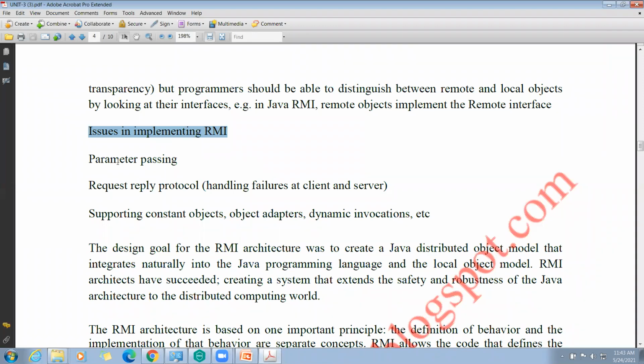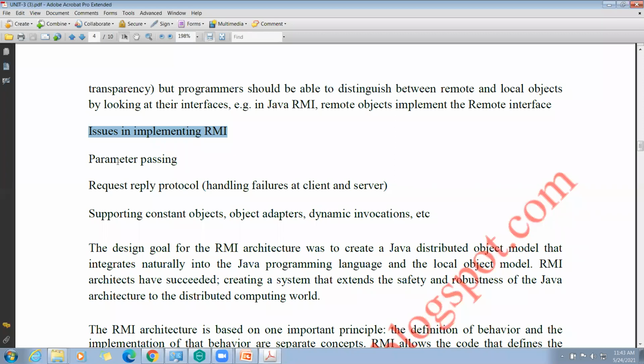We have so many request-reply models, right? Client-server communication and group communication, etc. Next, the third issue is supporting constant objects, object adapters, and dynamic invocation.